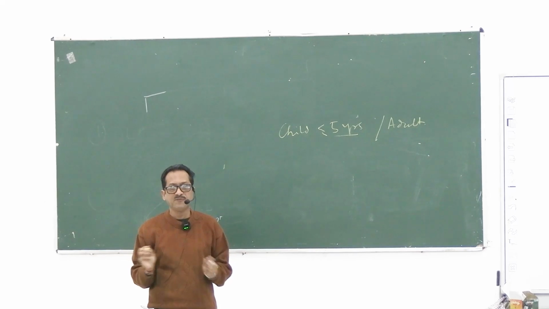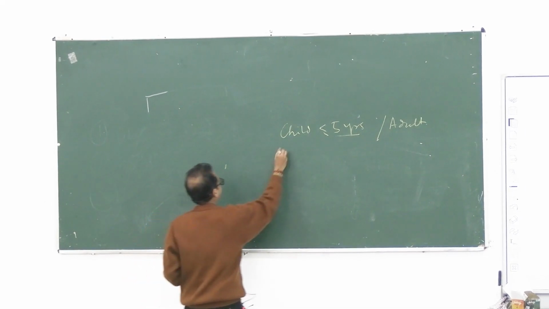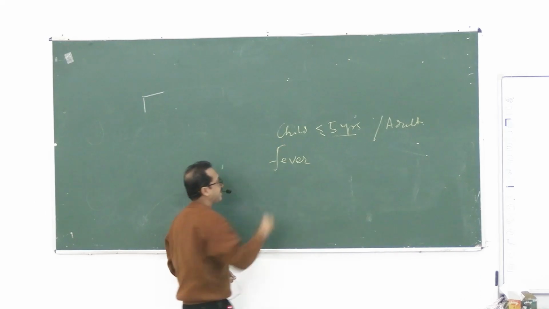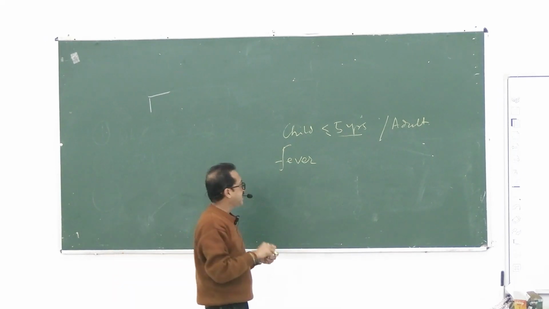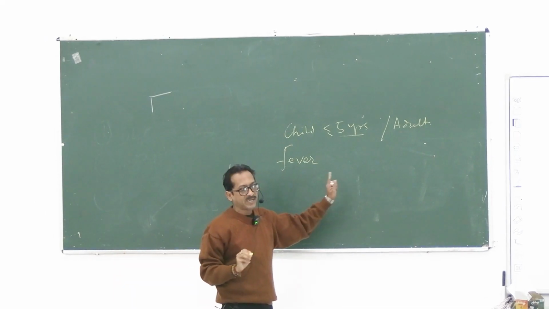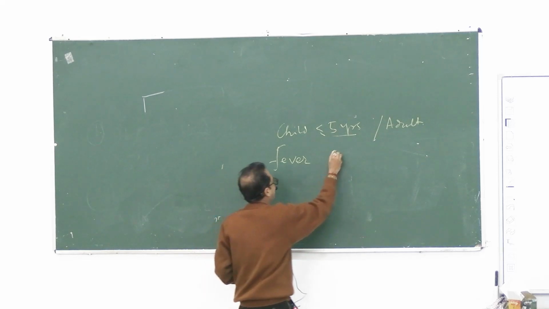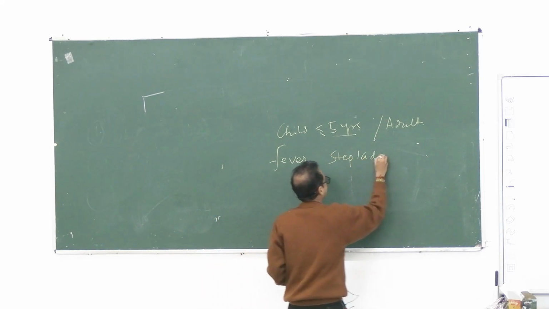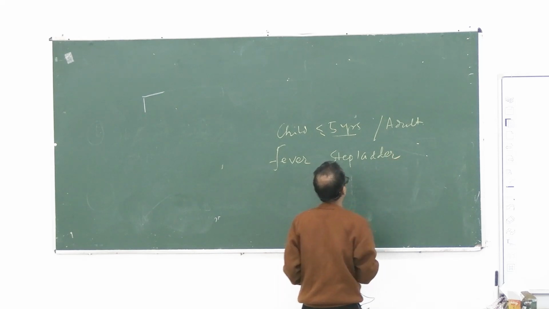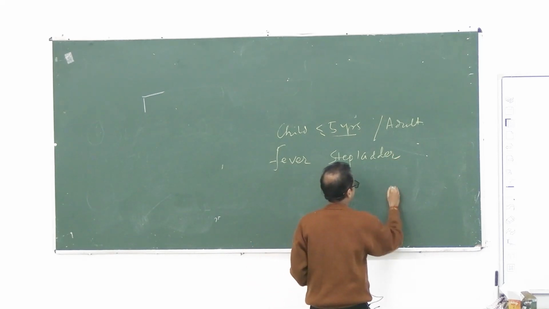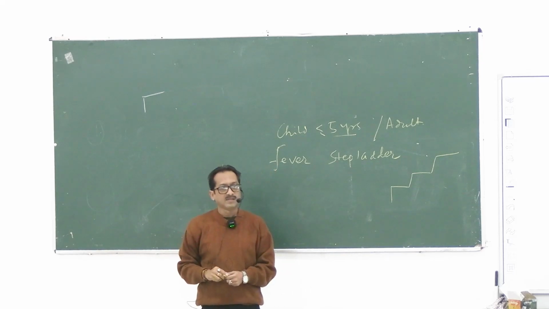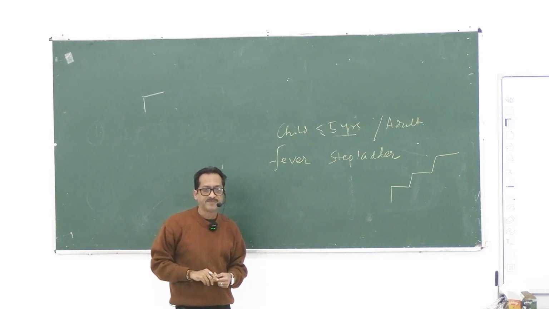As the name mentions, fever. So fever must be there. There will be a history of fever. What type of fever? It is usually a step ladder pattern fever. This name is written in the question, step ladder pattern. What is step ladder pattern? That means it is not touching the baseline. Step ladder pattern of fever.